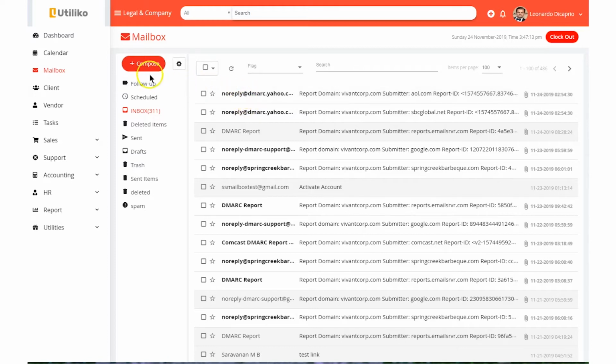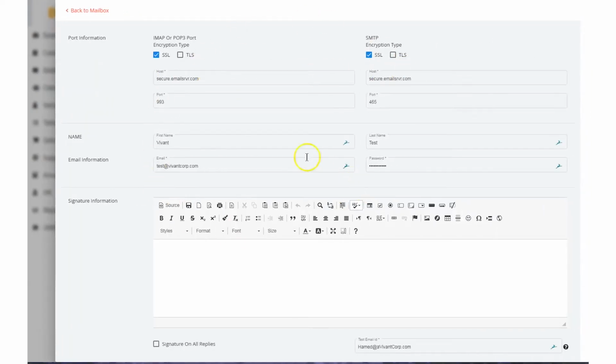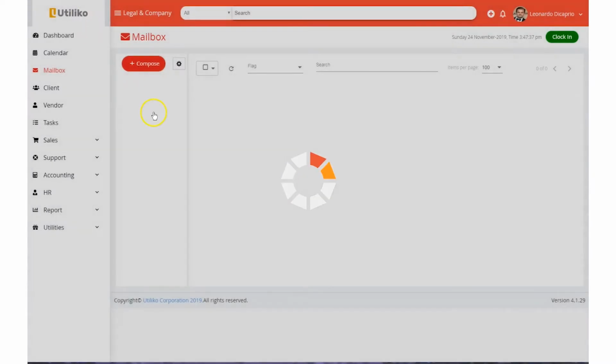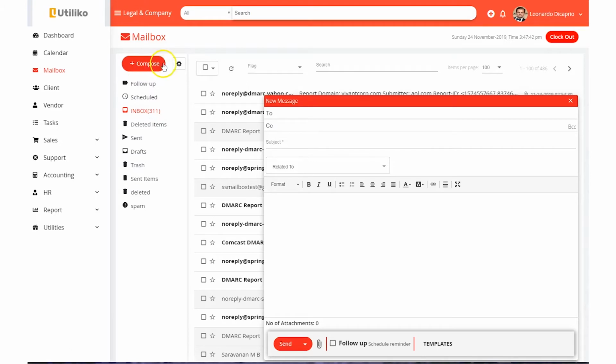First of all, you can see that all of your emails are in the platform, which eliminates the need to go through a third-party client to check your emails. This works with any of your email providers, including Office 365, Rackspace, or any other email server that you use. You'll simply go to your configuration tool, configure all of your emails in here, and they automatically will load up here. So if you click on Compose, you'll notice that we have a few bells and whistles